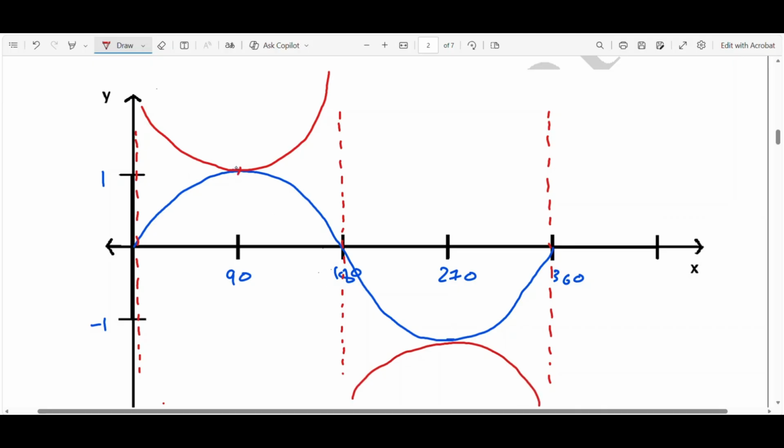So I have here this point, 90, 1, and 270, negative 1. The blue sketching is for sine theta. The red sketching is for cosecant theta. Okay. If you look carefully at the cosecant, which is the red sketching,